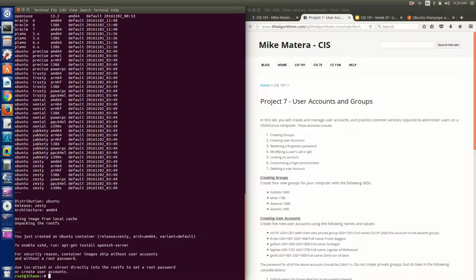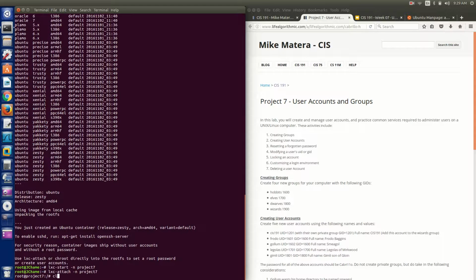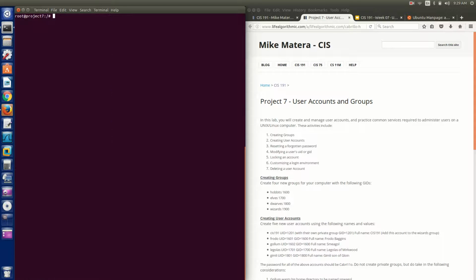So now what I'm going to do is LXC start, name Project 7, and then I'm going to get a shell inside of it. I think it's attach, Project 7. Okay, so now I'm root inside of Project 7. So I have a totally different home directory. Let's see, ls dev,